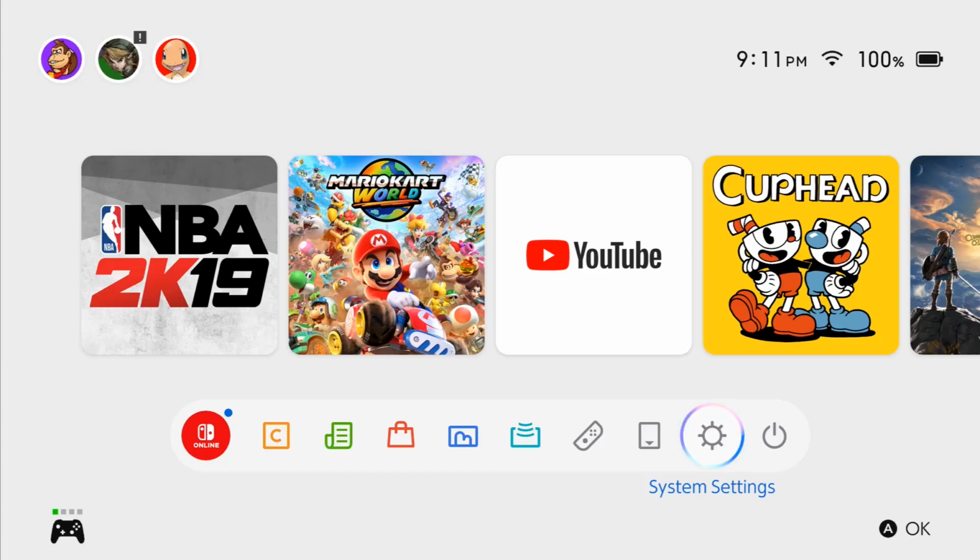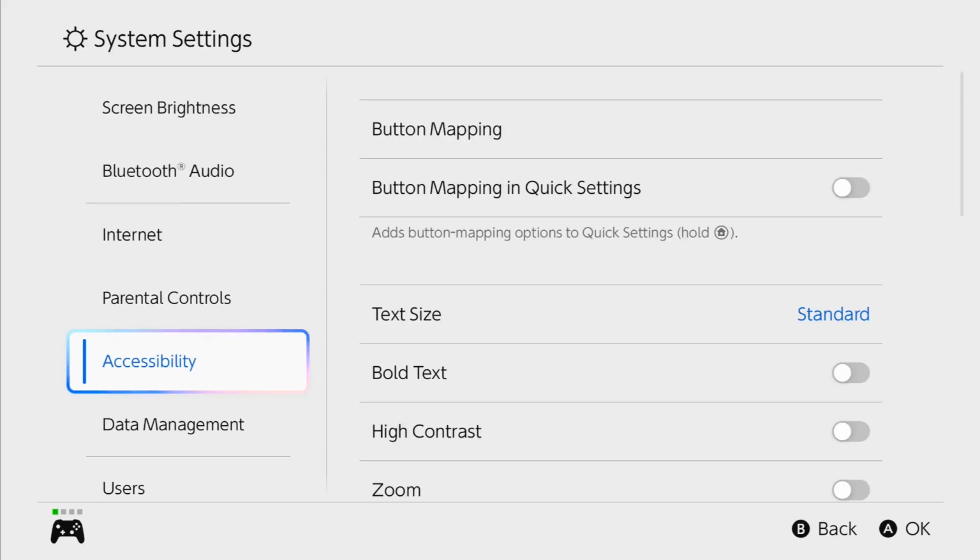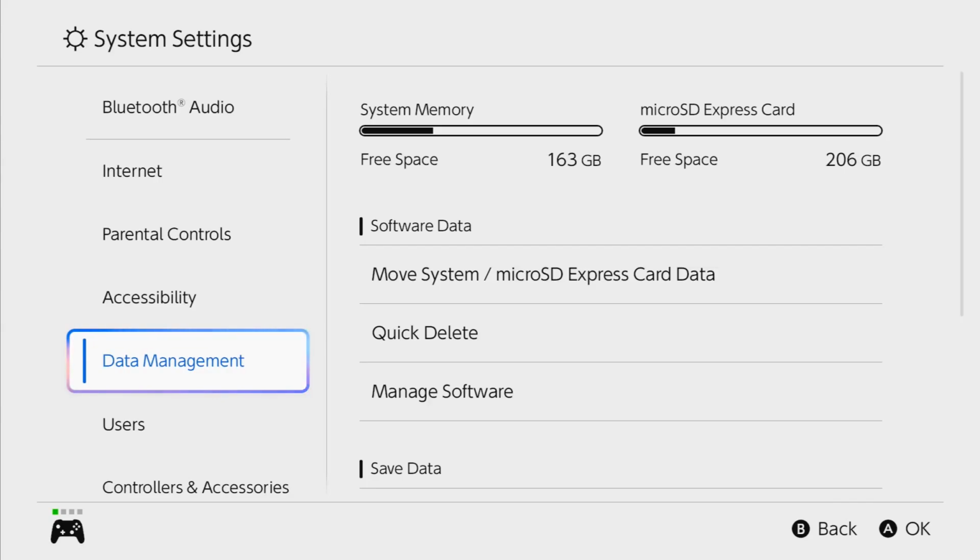Hey guys, in this video, I'm going to quickly walk you through the steps on how you can delete games from the memory on your Nintendo Switch 2 to free up space. So what we want to do is from the homepage of our Switch, go here towards the bottom and open up your system settings. In your system settings, you want to scroll down until you find where it says data